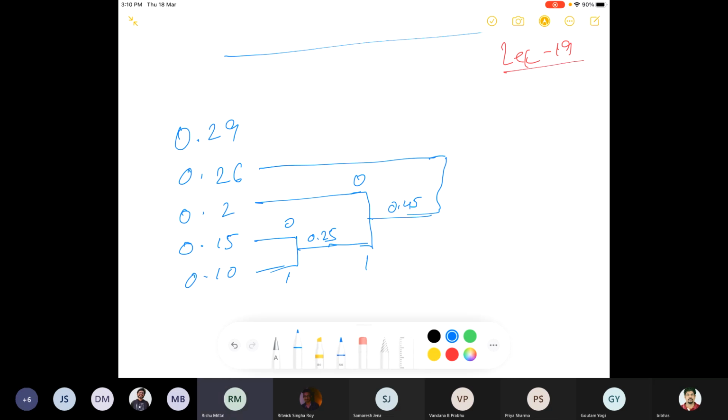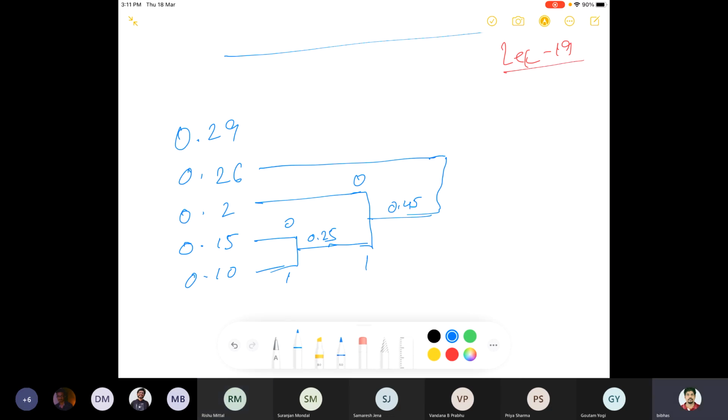No, it's not an individual probability. It's the sum of the probabilities, right? No, sir, but at this stage, we are actually getting 3 probabilities. Then we have to arrange in decreasing order. So the top probability is 0.45, and the least two probabilities are 0.26 and 0.29. So according to the theorem, we have to merge the least two probabilities in each case.